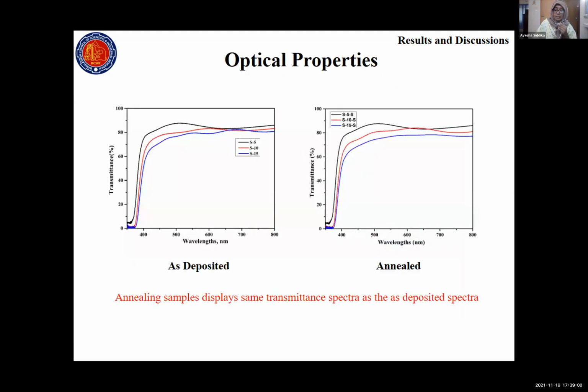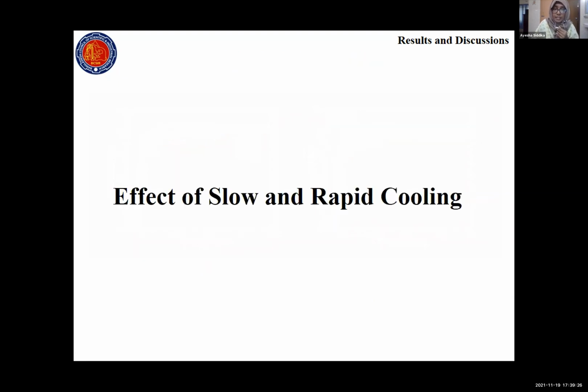And here, finally, are the optical properties of the films, and this is the transmittance graph. As you can see here, after annealing there is no significant change in the transmission, but with the thickness variation, the transmittance is decreasing from about 90% to 70%. So these are all about the thickness variation, and I'm now showing you the effect of the slow and rapid